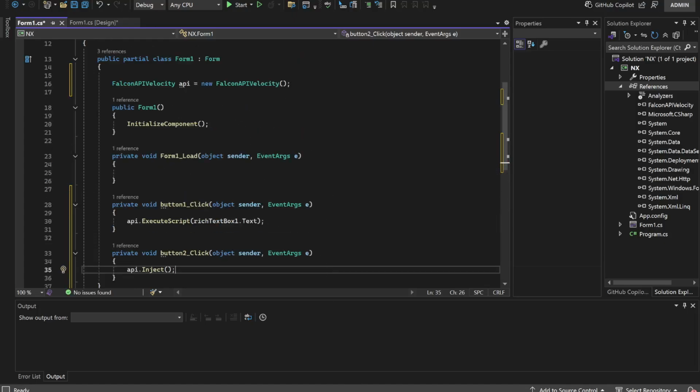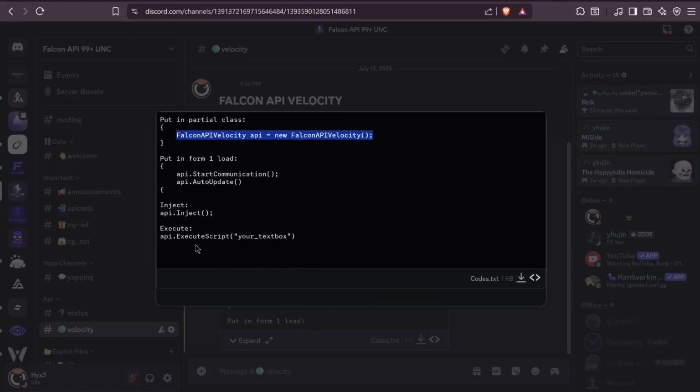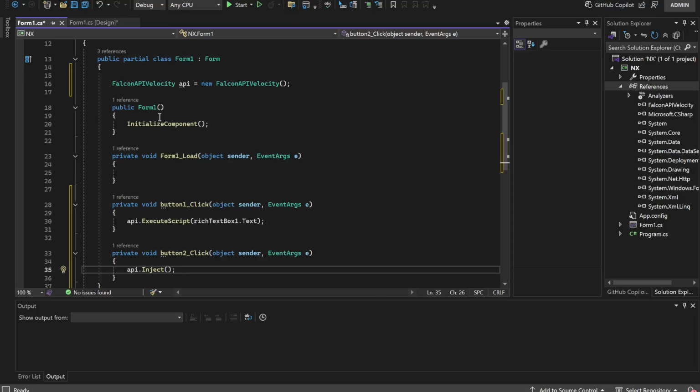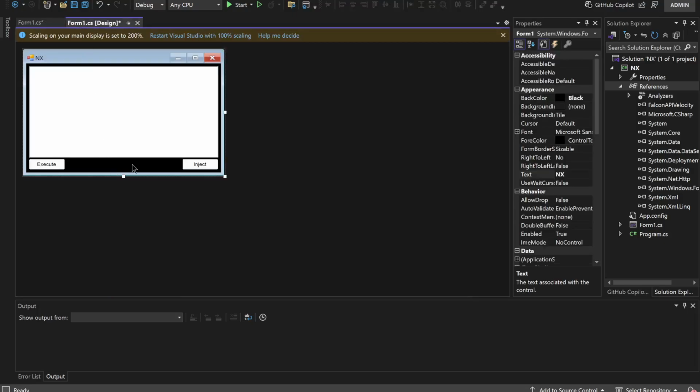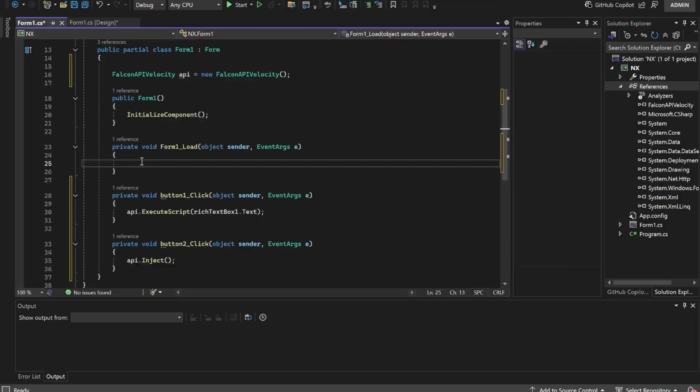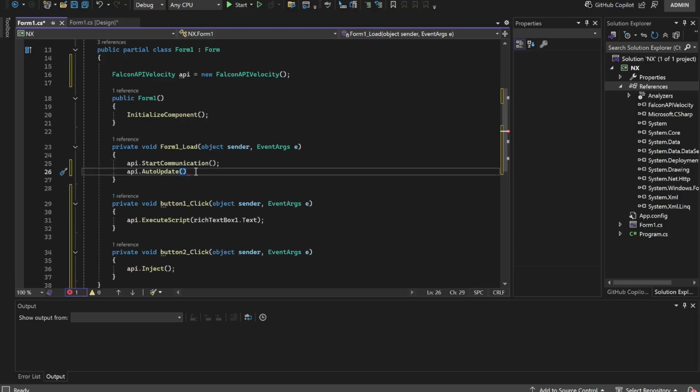But if you don't want the API to crash, go over here and put in Form1_Load. So copy this, go back to Visual Studio, go to Form1 over here, in Form1_Load. Double tap on the border and then paste it right here.